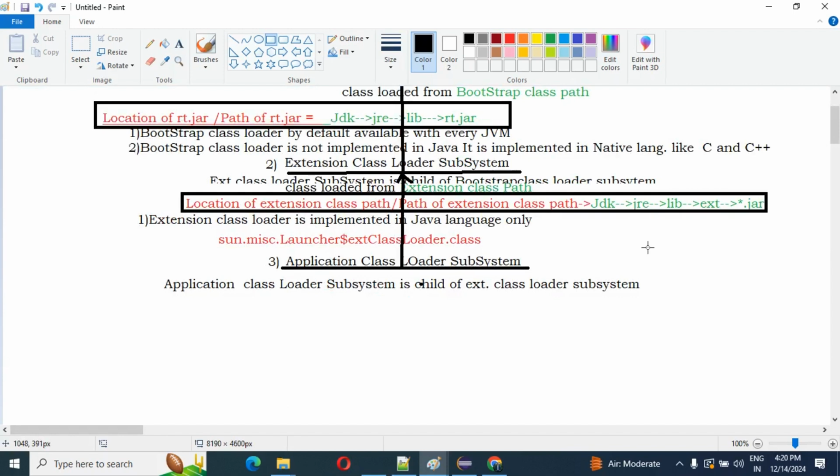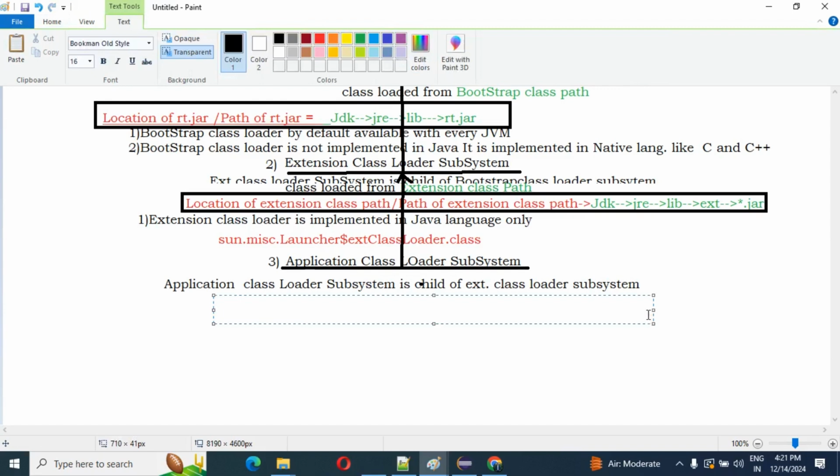Then guys, what is the responsibility of the application class loader subsystem? The application class loader subsystem is responsible to load the classes from the application class path.